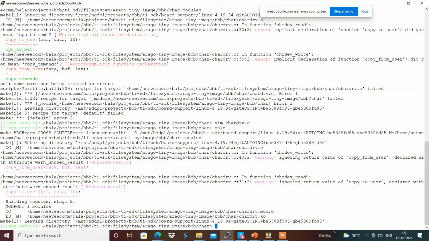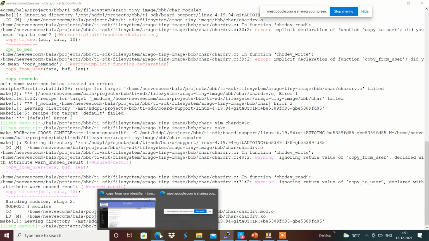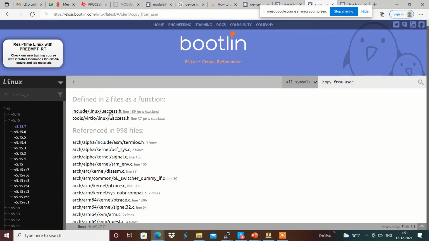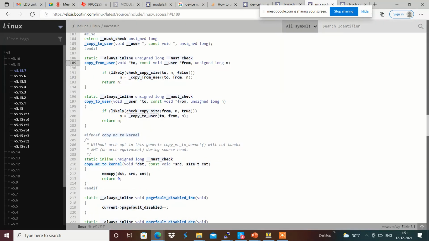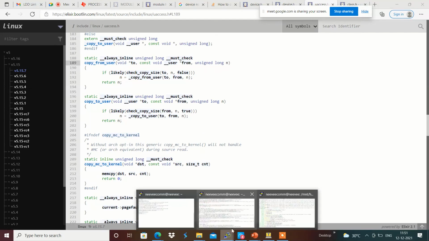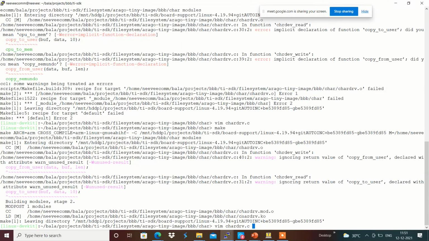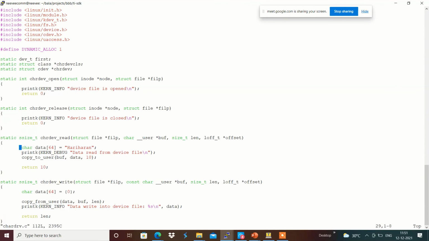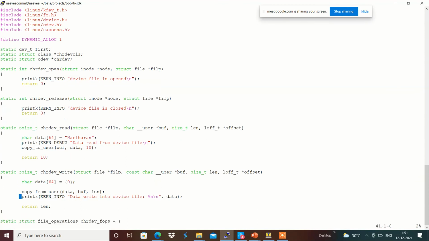The return values are ignored, so maybe we can use something like must check, and whether it has been copied directly or not has to be checked accordingly. Whatever we are passing, it should be returned back.